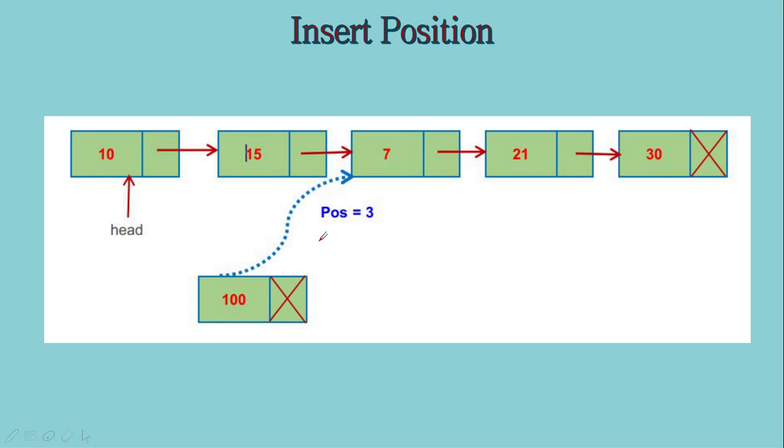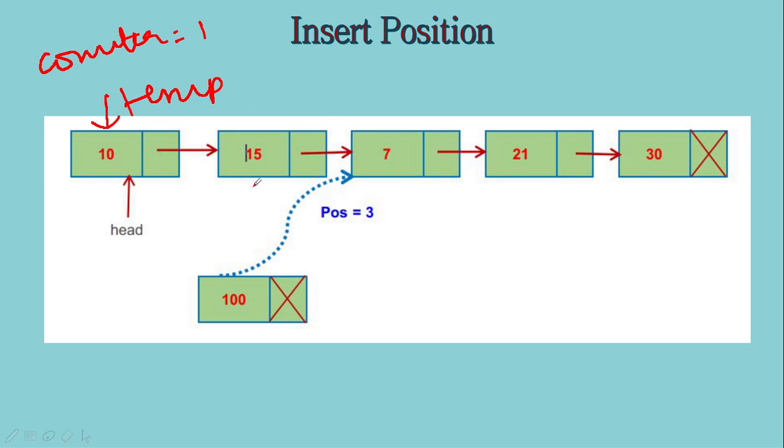Okay, this is just an illustration. First we will start with the illustration and then write the algorithm. I want to place it over here. I'll keep a temporary pointer here. Let the temporary pointer temp point to the first node, and let counter be equal to 1. Then I'll move temp till counter is less than position minus 1.